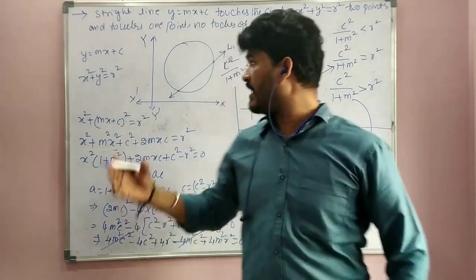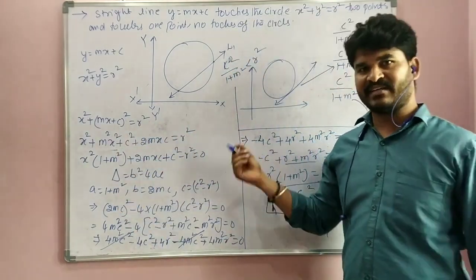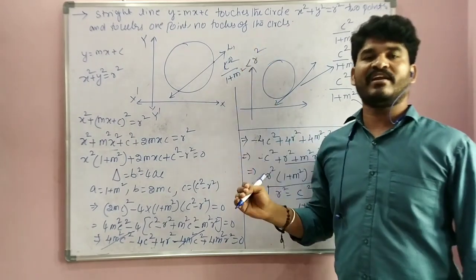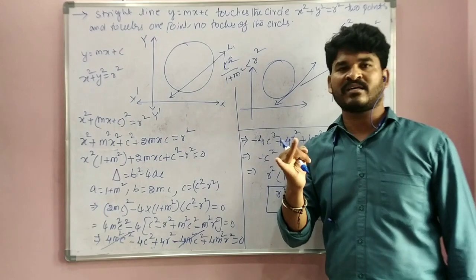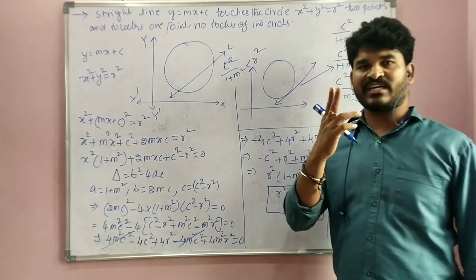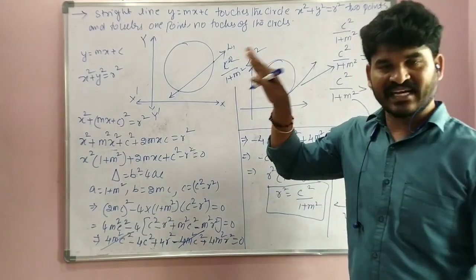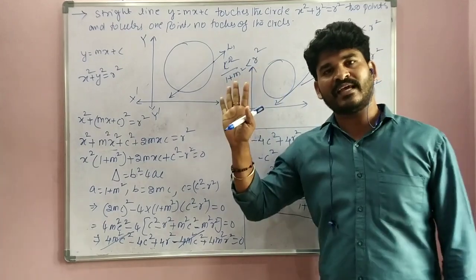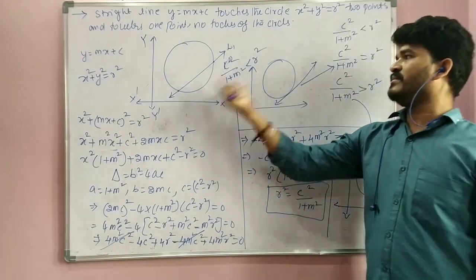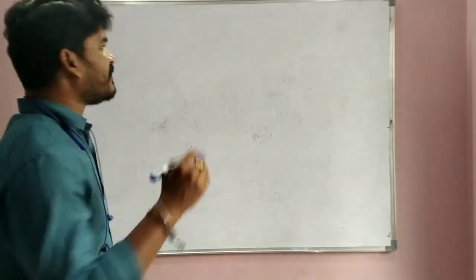Understand? Whenever this straight line y is equal to mx plus c is given, and this circle is x square plus y square is equal to r square, whenever it touches at 2 distinct points, at 1 point, or there is no touching point: touching at 2 distinct points is nothing but a secant of the circle, next a tangent of the circle, next there is no touching of the circle. These 3 conditions are satisfied from this equation. Right. Next topic is equation of normal.